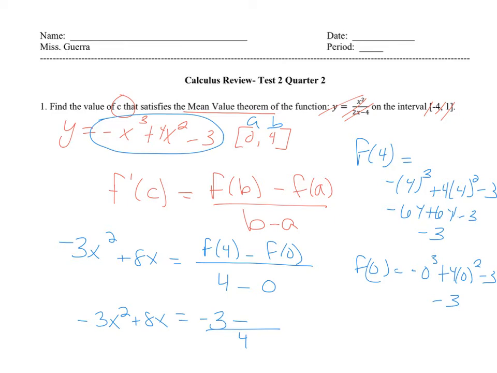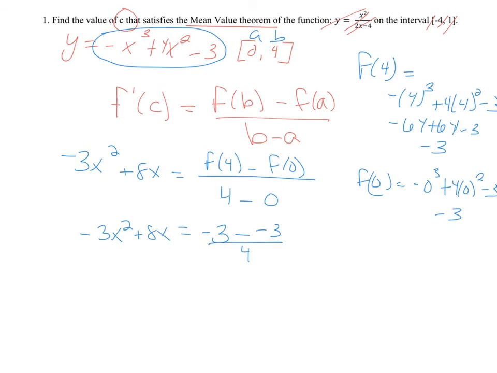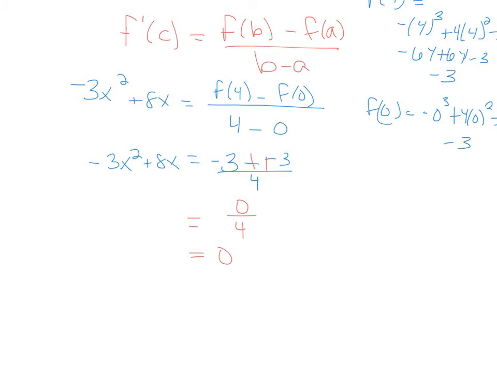So I have negative 3 minus negative 3. So now what I have is, well, this becomes a positive, and that becomes 0 over 4, which ultimately is just 0. And that's equal to negative 3x squared plus 8x. And what you really just have to do right now is solve for x, and I'm going to take a GCF out, and I get negative 3x plus 8. I'm going to split this to get x equals 0 and x equals negative 8 over negative 3,